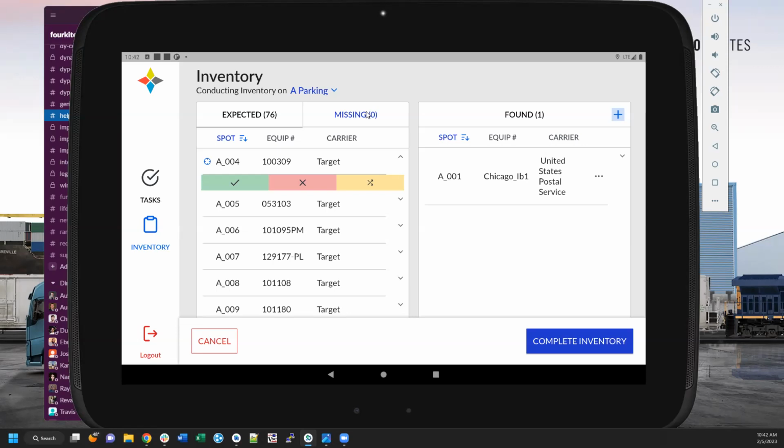Or I can finish my inventory and say the driver came and got that trailer and it didn't get checked out, and so it still thinks it's in the yard. So this is a way to find that I've got a trailer out there or a trailer missing from the yard. The other thing is if it's there, but it's not in the correct parking spot,